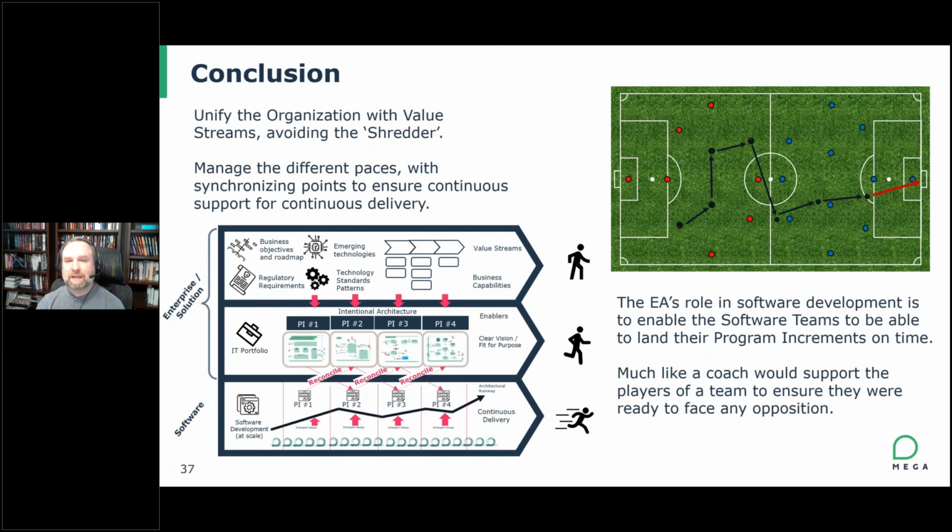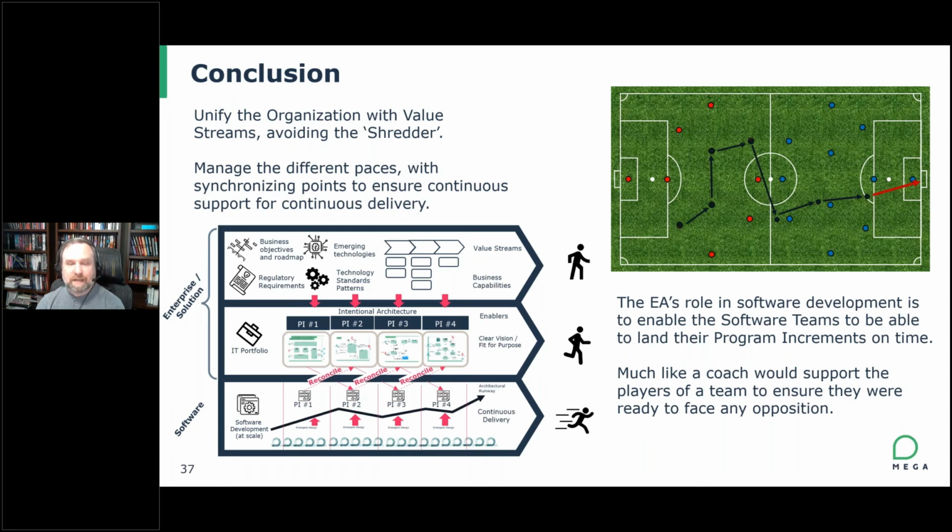So first, the key for the value of enterprise architecture in the context of today's event in modern software architecture is to avoid the shredder effect of losing continuity and visibility at that software architecture and development level up to the actual strategy organization. To really make sure there's a connectedness, that the work that's being done strongly supports that strategic vision. And by establishing that thread, referring back again to the previous presentation as it ended, we can better justify the cost of certain elements of software, removing it as a pure overhead and articulating the strategic value that it would place. Similarly, we're going to work on managing the different paces as well as respecting the different roles.